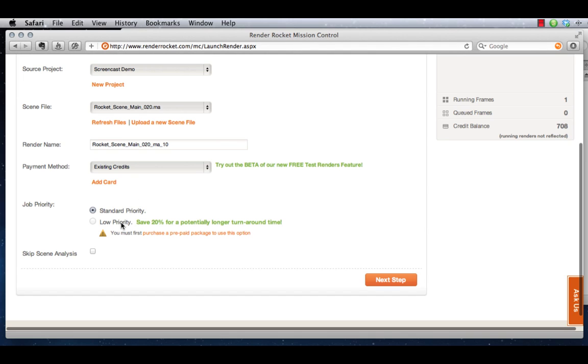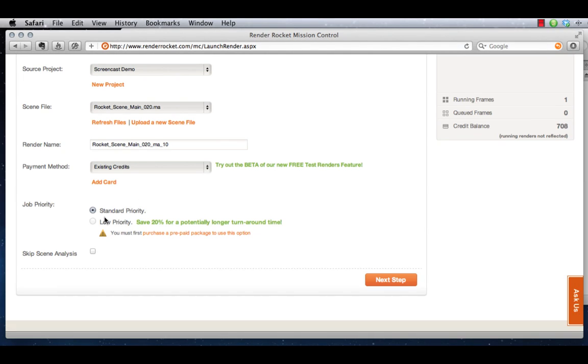I can choose what priority to launch them. Pretty much if I need them as quickly as possible, I want to use standard priority. If I have some time and I don't need them, let's say until tomorrow morning, I can choose lower priority. It gives us